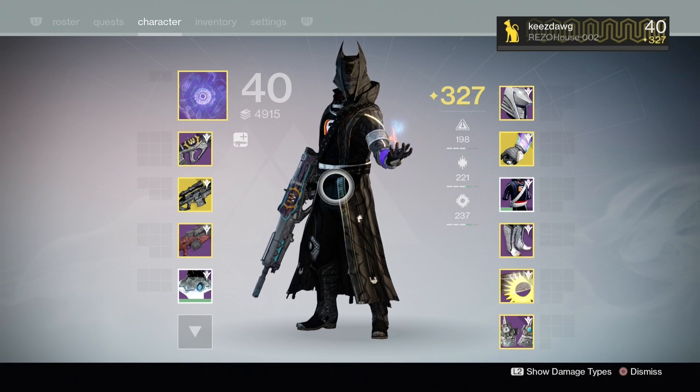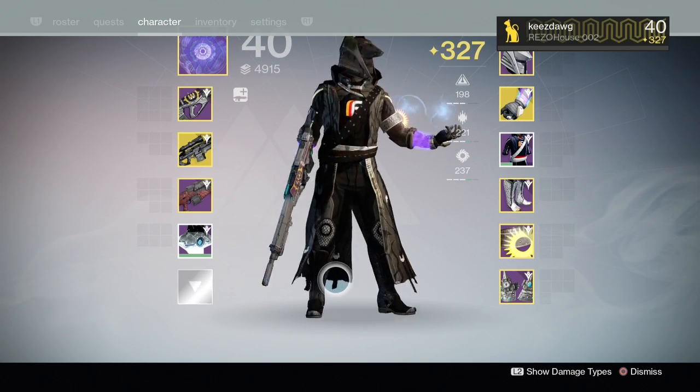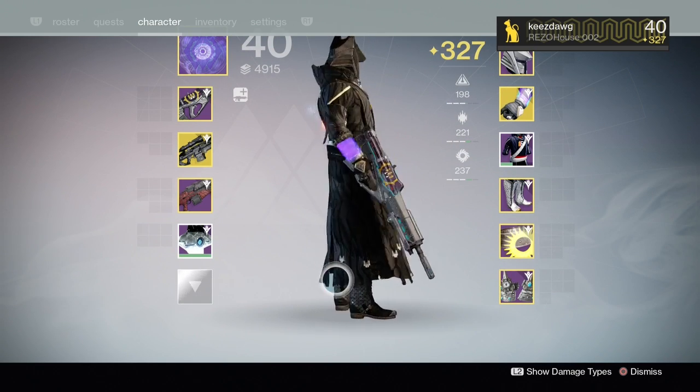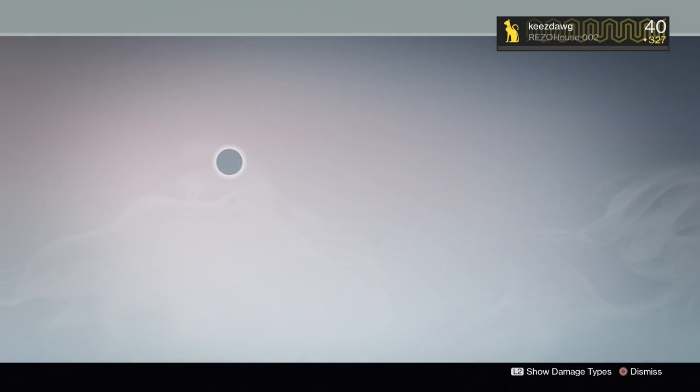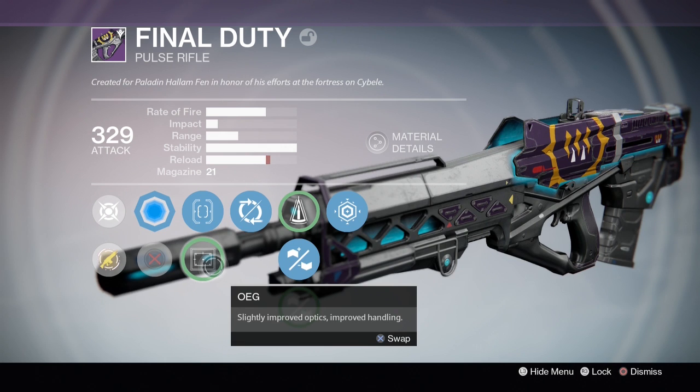It's Keys, and today we're going to look at the Final Duty legendary pulse rifle. This is a Queen's pulse rifle, which can be acquired by playing the Prison of Elders or the 30-point challenge on Challenge of Elders. This is a decent pulse rifle, and on mine I have True Sight IS, I have